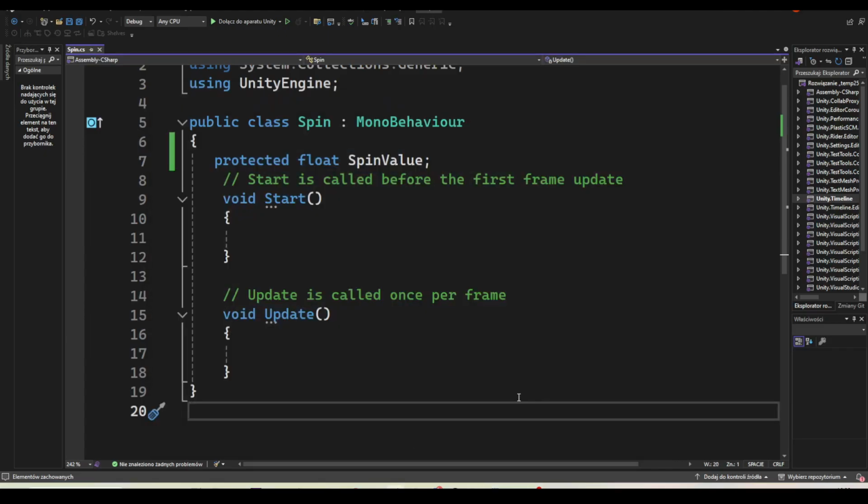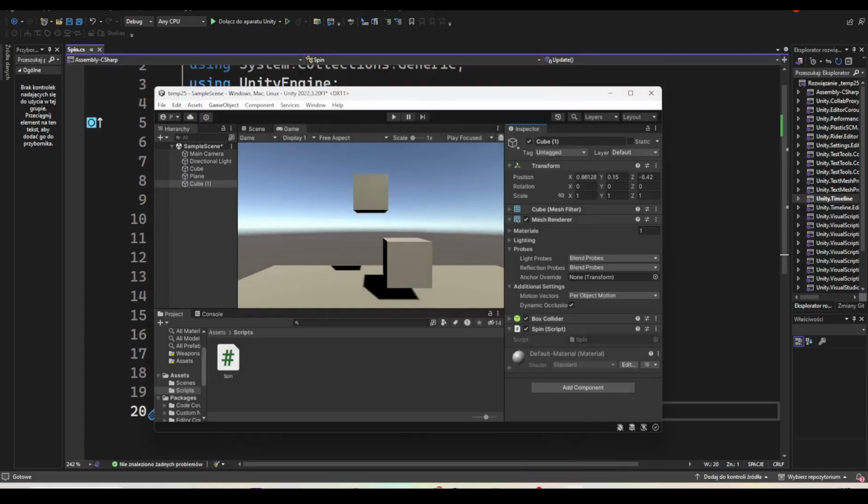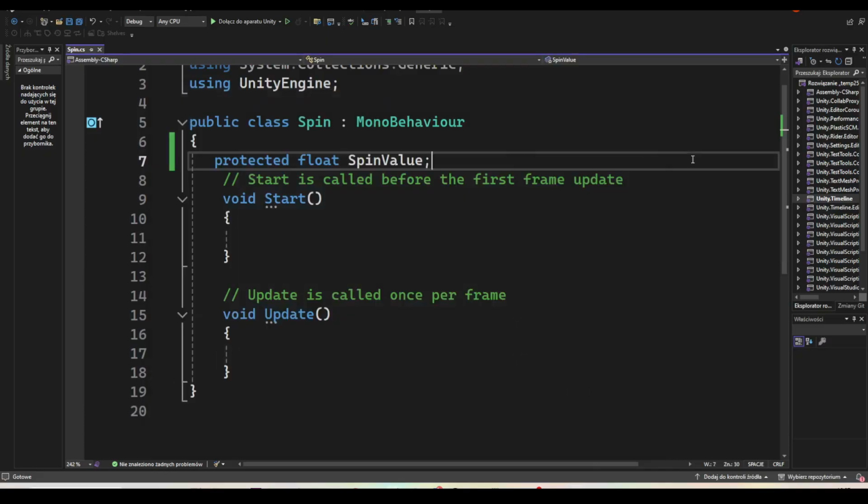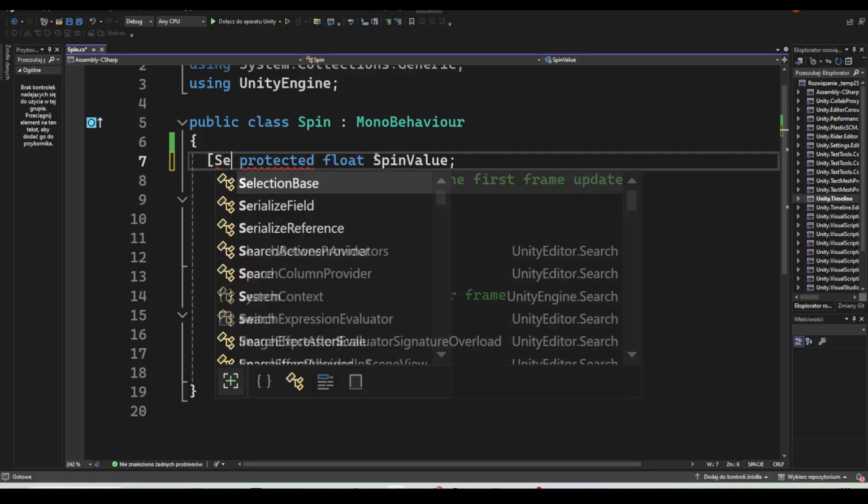But right now, even though we declared that variable, called spin value, in Unity, after assigning the script here, the value isn't exposed. So we can't modify it, we can't do basically anything. We could make the variable public, but it's generally not a good idea to make too many variables public. So to expose it to the Unity editor, we can write SerializeField,